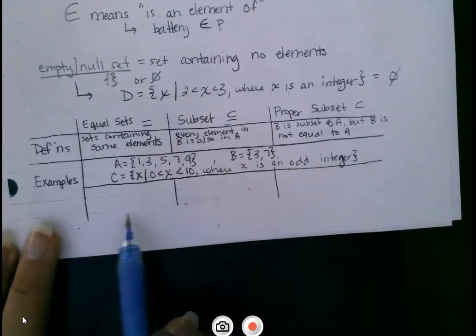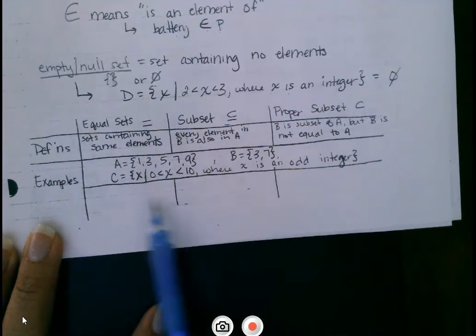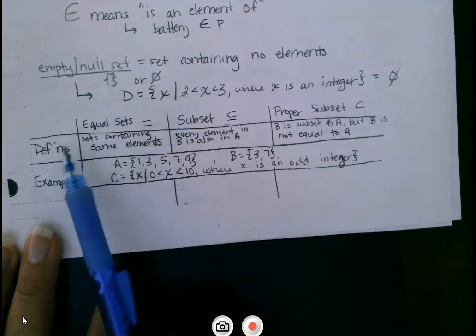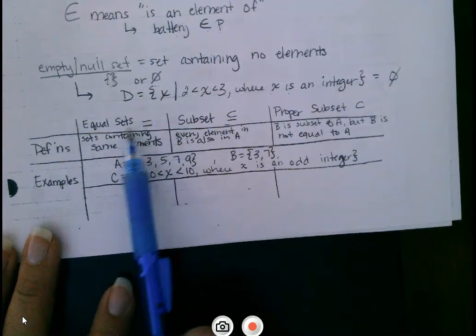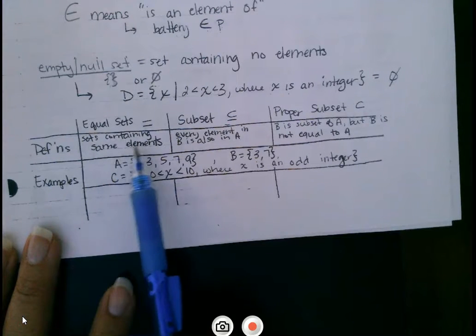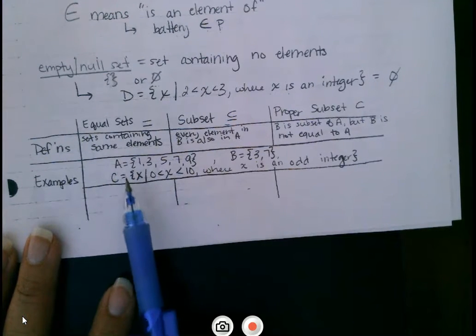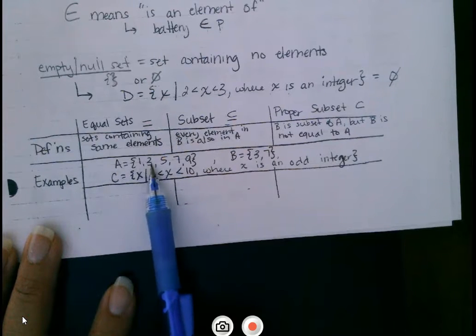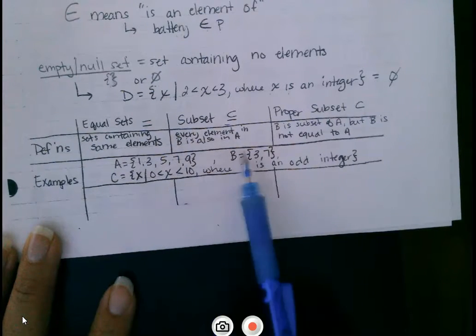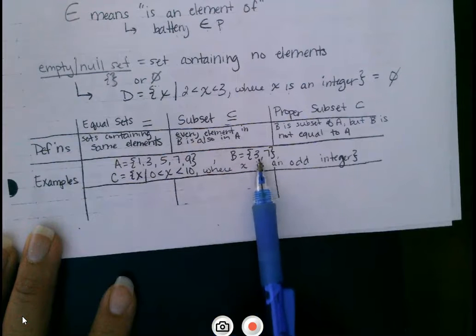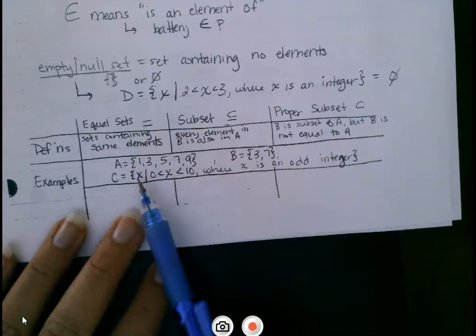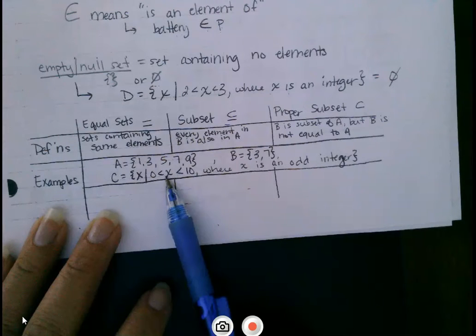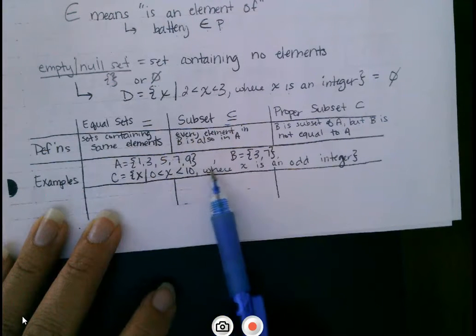Okay, next up, we have the lovely chart. We're going to fill in the examples down here. All right, so the definitions come first. So equal sets are sets that contain the same elements. Okay, so here we're going to use these for our examples. Set A is 1, 3, 5, 7, and 9. Set B are numbers 3 and 7. And set C, X is such that 0 is less than X and X is less than 10, where X